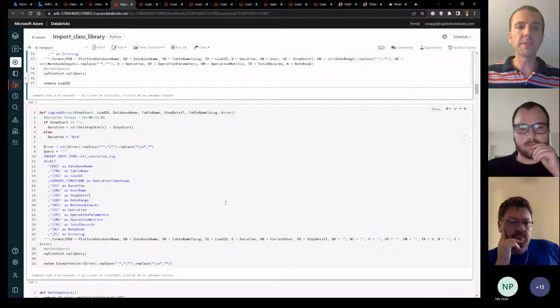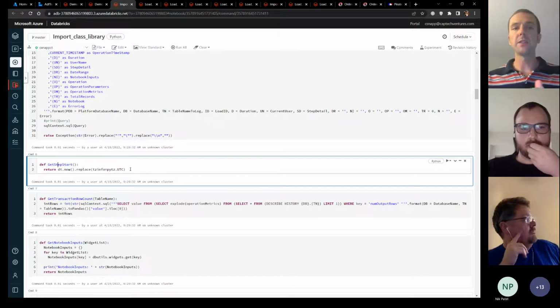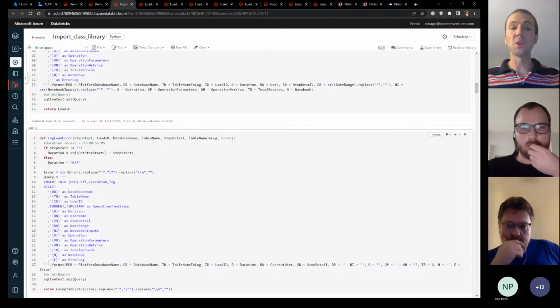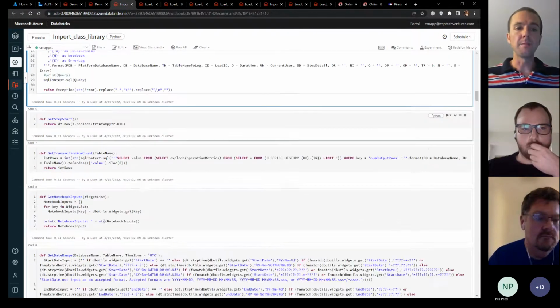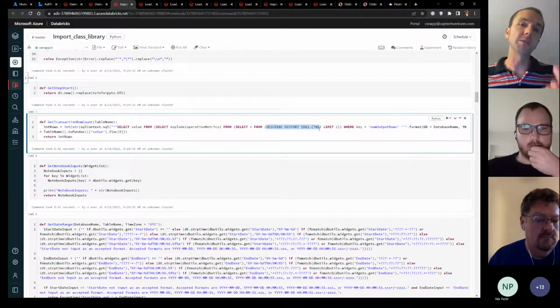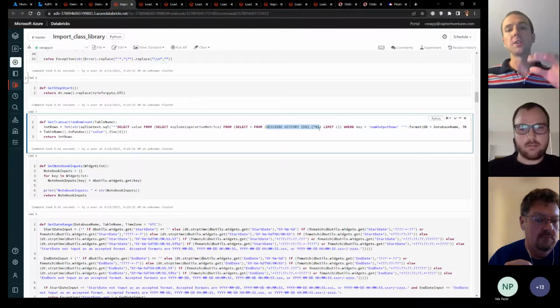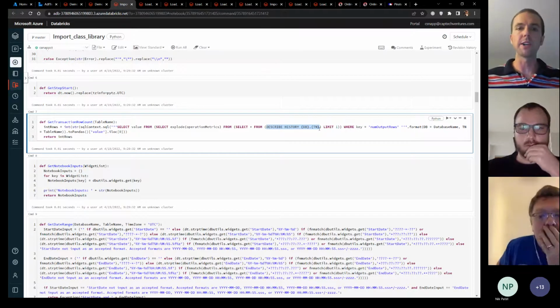As we go down through some other methods, I've got load error. I've got that the step started. So this is managing, hey, there's method on method here. The log load error will run the get step start method to decide when that step began. We can get the transaction row count. One of the other things that Databricks makes available is the describe history of a table. When it is a Delta Lake table, you can actually get the number of rows and changes and by what was done. It stores all that behind the scenes that you can go access. And so I go grab that and log it in my framework that's a little more built for my needs and my tracking. So I'm actually leveraging something Databricks makes available there.